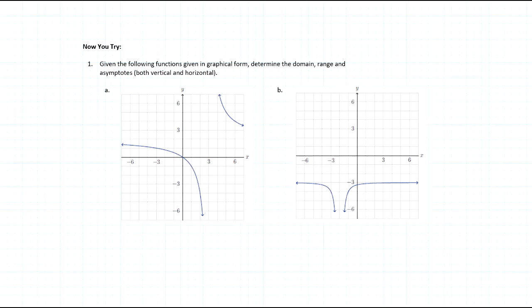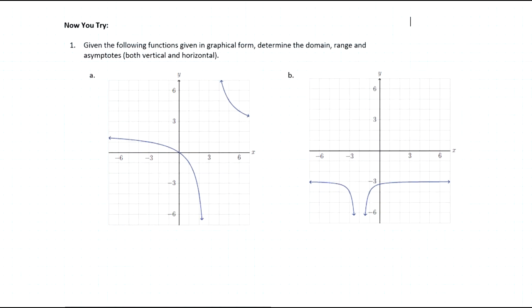This is Noah, and in this video we're going to go through the solutions to the Now You Try problem, where we're given graphs of rational functions that we're analyzing to determine their domain, range, and their vertical and horizontal asymptotes. Let's get right into it. The first example we have,